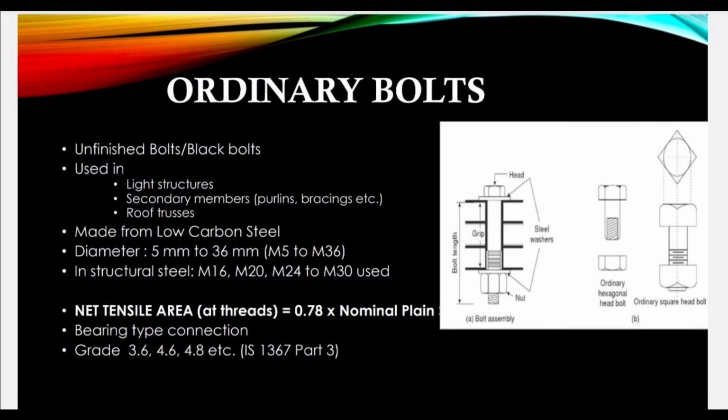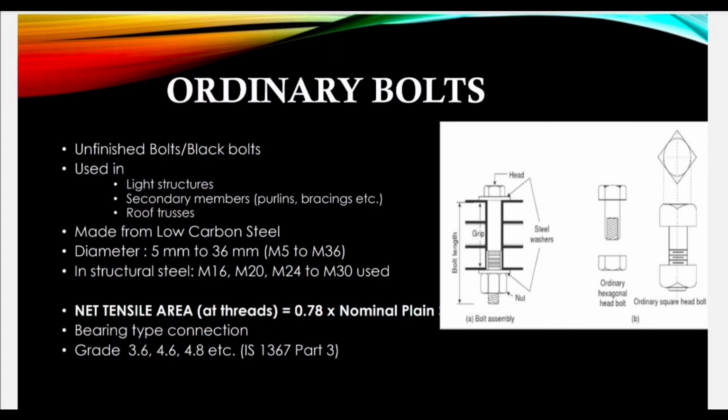They are used in light structures and secondary members, for example purlins and bracings, roof trusses, and are made from low carbon steel. Diameters range from 5 mm to 36 mm, as M5 to M36. In structural steel, M16, M20,